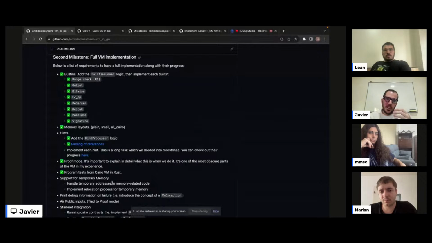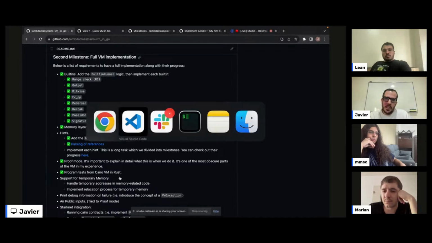So the idea here is we need a full VM implementation, and this needs to do the same thing that the Cairo VM in Rust does. So we need a way to test that. So for that, I'll show real quick